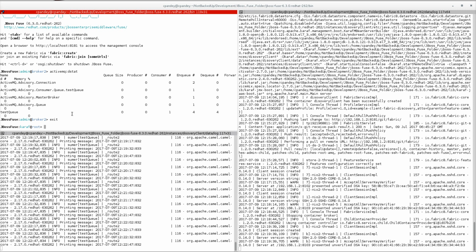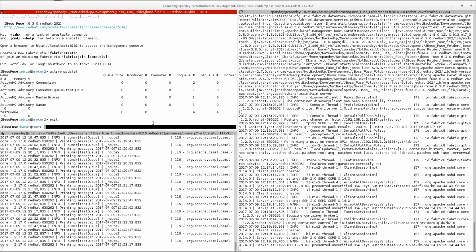That's why I said it takes around 20 to 30 seconds to switch from master to slave: if we stop the master server, a new lock is created using the ZooKeeper registry. And there is one disadvantage as well.